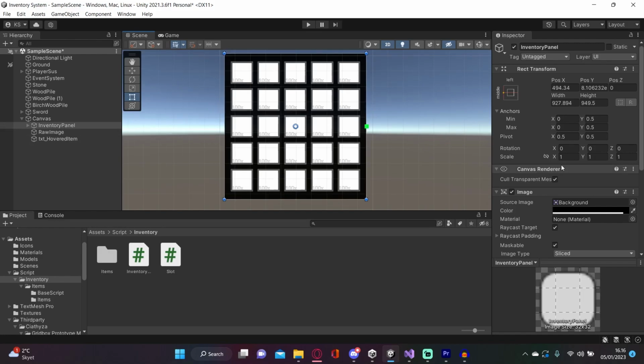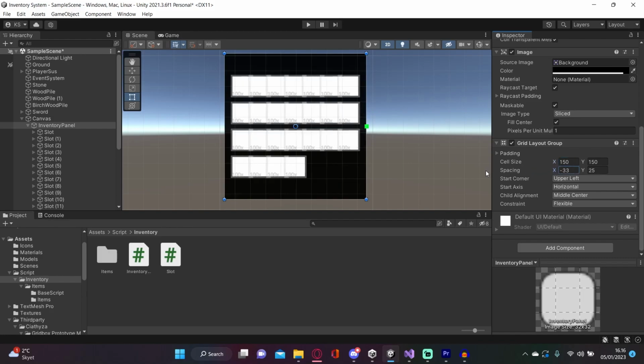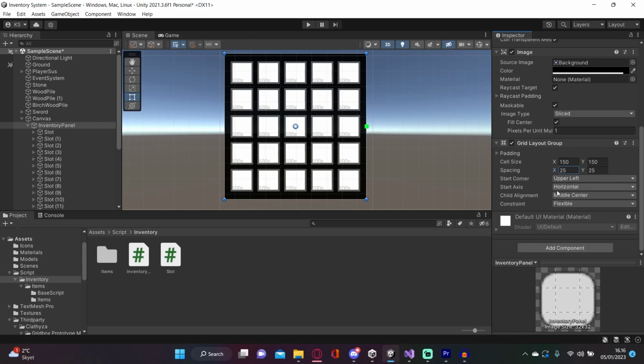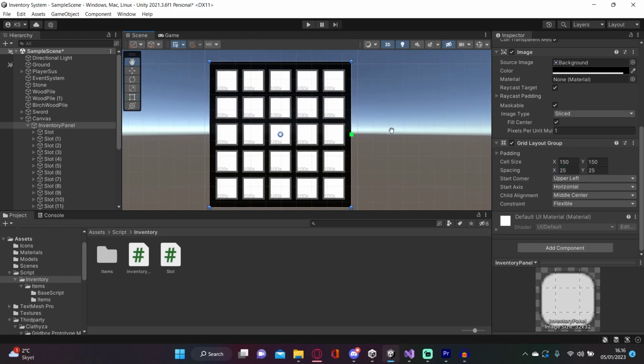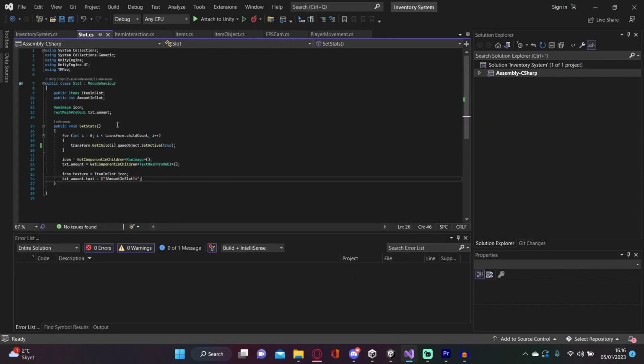But basically, I just have a panel with a grid layout group. The grid layout group just takes all the children that it has inside of it and puts them in a grid, and you can modify it however you like. It is pretty easy to use and it's pretty nice. Inside this is a slot. Every single slot has 4 variables, but the 2 public ones are the item inside the slot